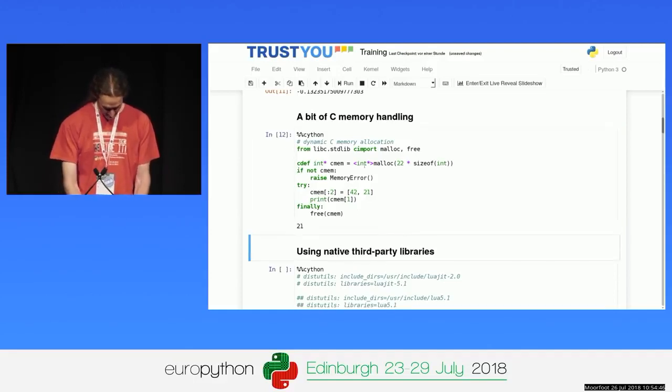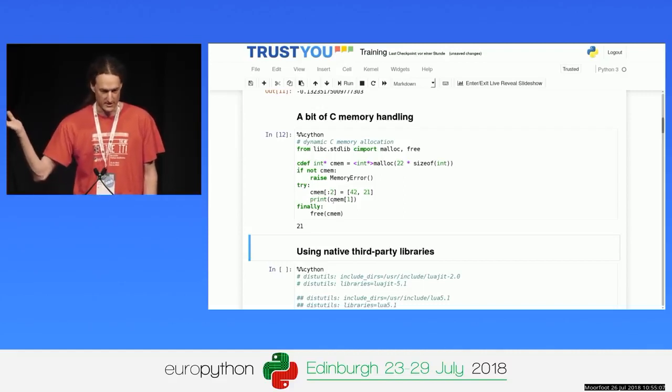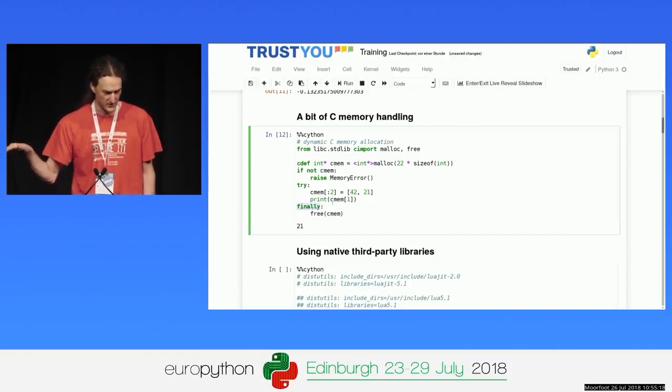Okay, so I can do this, and there's a couple of nice things. I can also say just print. If anything goes wrong here, then I definitely want to clean up my allocated memory, right? So I want to free the memory, and I do that with try/finally, as I would in Python, right? So if print, for example, raises an exception, can't print, no standard out anymore, for example, closed already, anything can go wrong here. I'm doing a Python thing, right? So this can raise an exception, and if that happens, I say finally, still make sure you free my memory regardless of what happens. Yeah, nice feature.